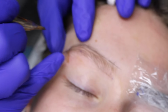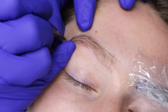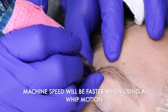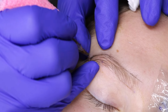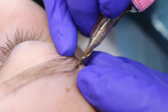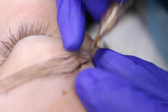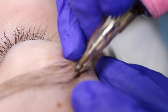I'm pulling up her skin, and my pinky is kind of on her brow bone. And I'm whipping toward me. A whip motion is a faster motion. A reciprocal motion is very slow and short, so you have to have your machine speed slower. When you're whipping, you're just going faster. You can even have your needle with a whipping motion not so much at a 90-degree angle. It can be at kind of 45, and that ensures that the needle's not hitting the skin too hard when